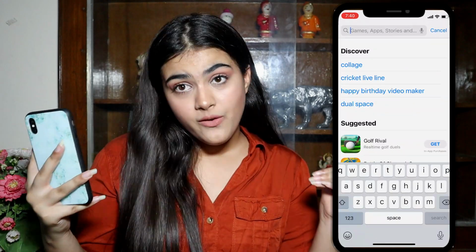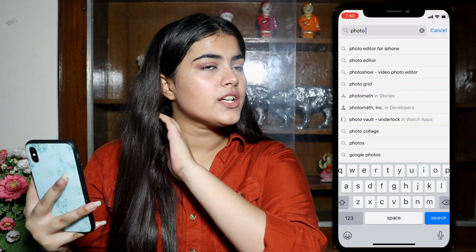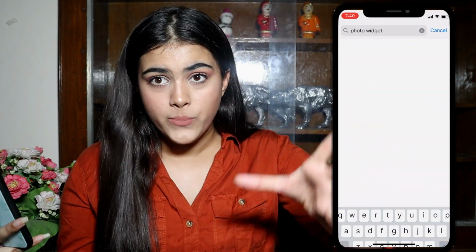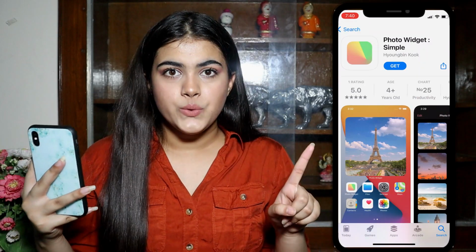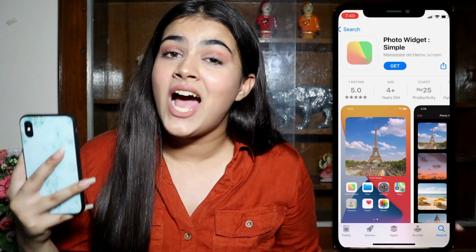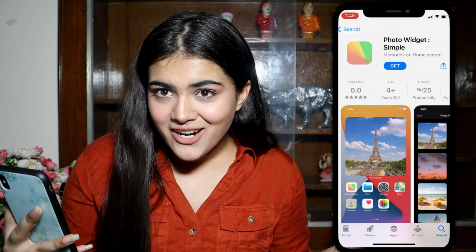And the last app that I have for you guys is the Simple Photo widget. You can use it to put pictures on your phone as widgets. We can also do that by using Widgetsmith, and I've told you guys how to do that. So if you can't figure that out, comment down below, and if you still can't figure that out, you can use this app for that, but I prefer Widgetsmith more.